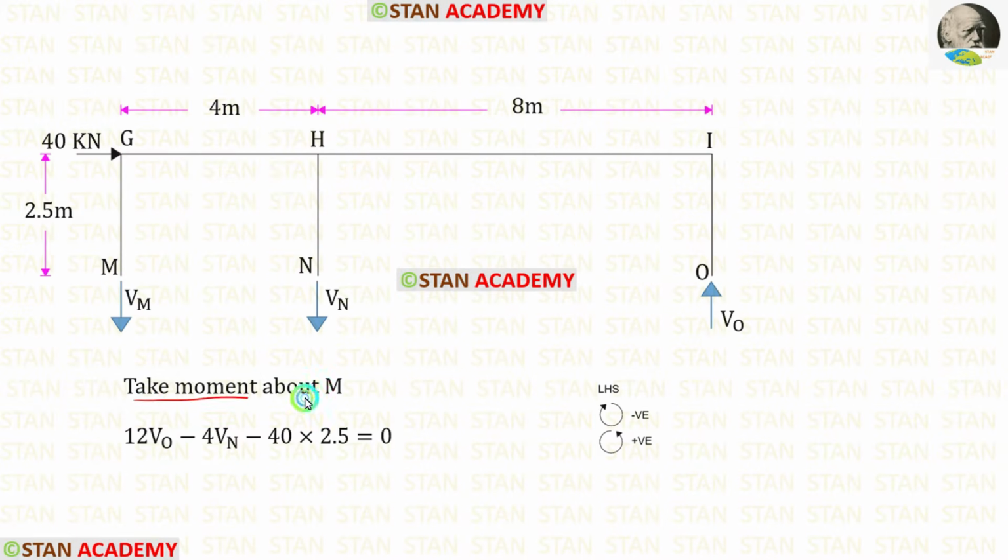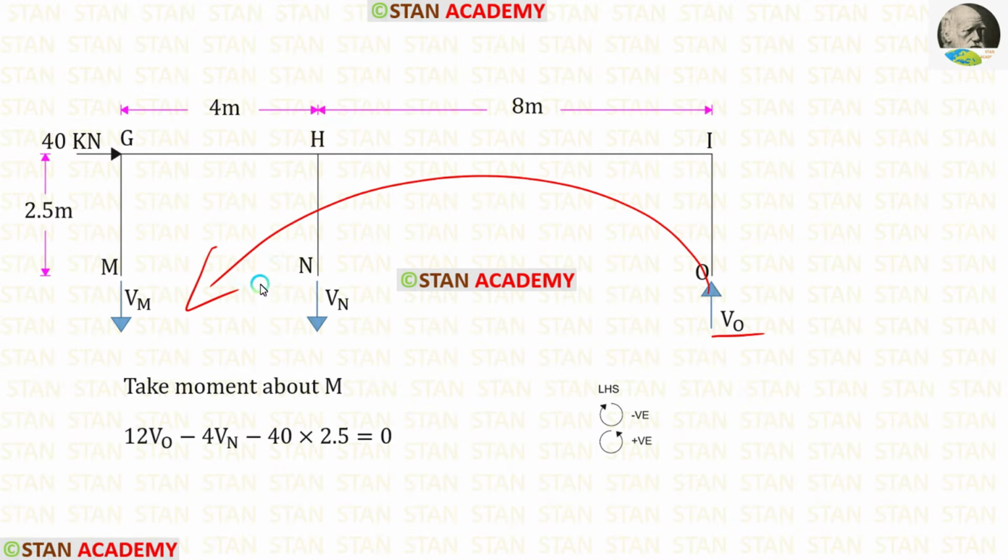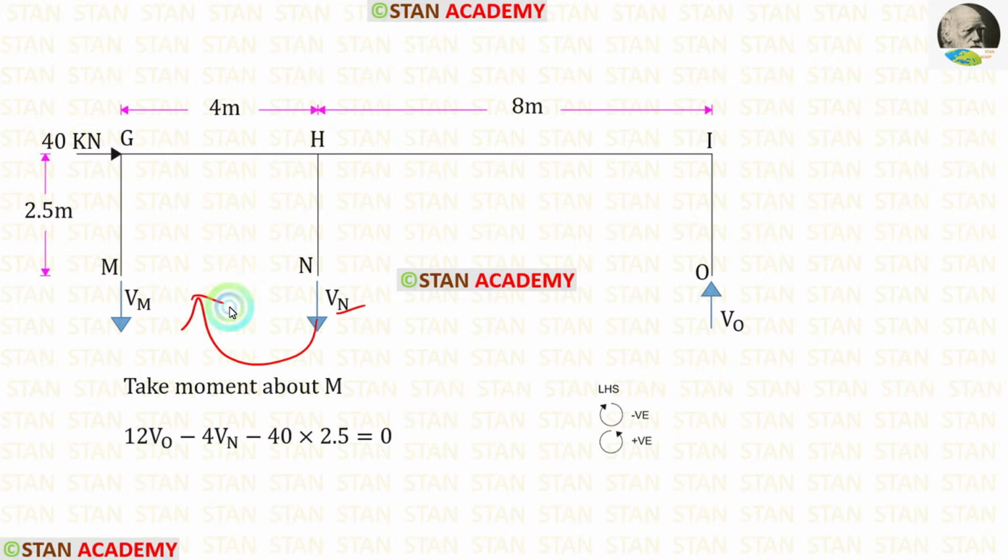Now let us take moment about M. In this case, we are moving towards left hand side. Clockwise will be negative and anti-clockwise will be positive. Vo is acting in the anti-clockwise direction, so it will be positive and the distance is 12 meter. So 12 Vo. Vn is acting in the clockwise direction, so it will be negative and the distance is 4. So minus 4 Vn. The load 40 is acting in the clockwise direction, so it will be negative and the